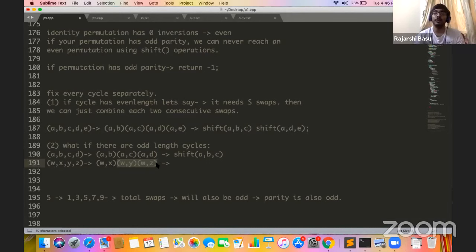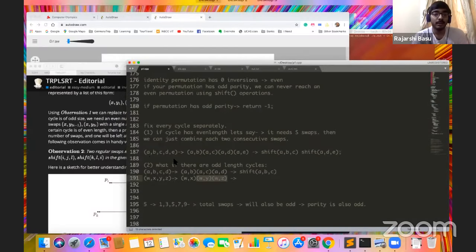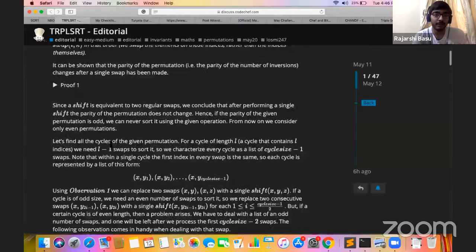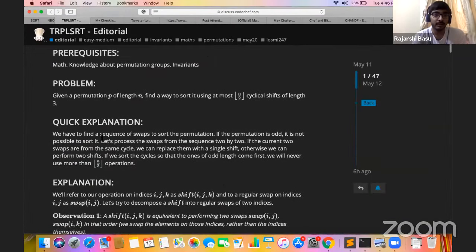come naturally. The most natural thing that we want to do is, okay, let's process all the even cycles first, and then after that we will process the odd cycles, right? So in that case you will get AC. However, if you did not process in that order, you would not have got the third subtask correct, I think. And also it's a non-trivial proof that is given here,